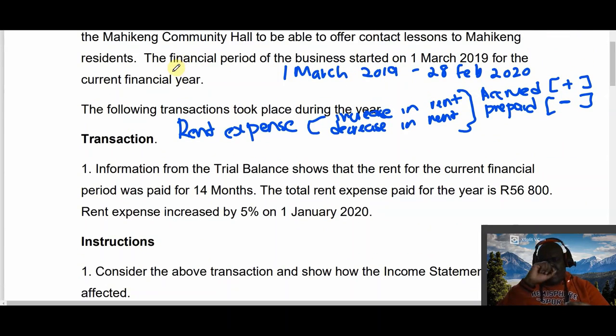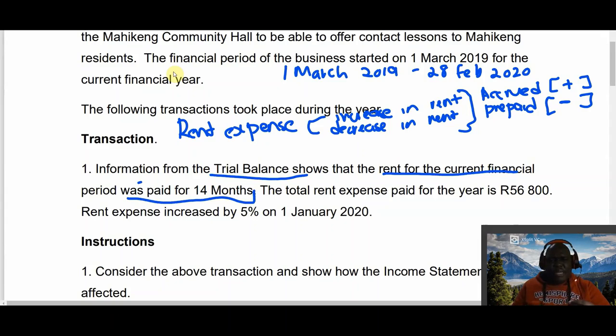So now let's go to the information. They're saying, from this information that we're given from the trial balance, it shows that the rent for the current financial period was paid for 14 months. So the moment I'm seeing 14 months, I'm already seeing a prepaid expense. Okay, prepaid expense. And remember, they're saying by how many months? By 14 months. So this means that on the calculations, I'm expected to show that this rent expense is prepaid by 2 months. So meaning that there must be 2 months